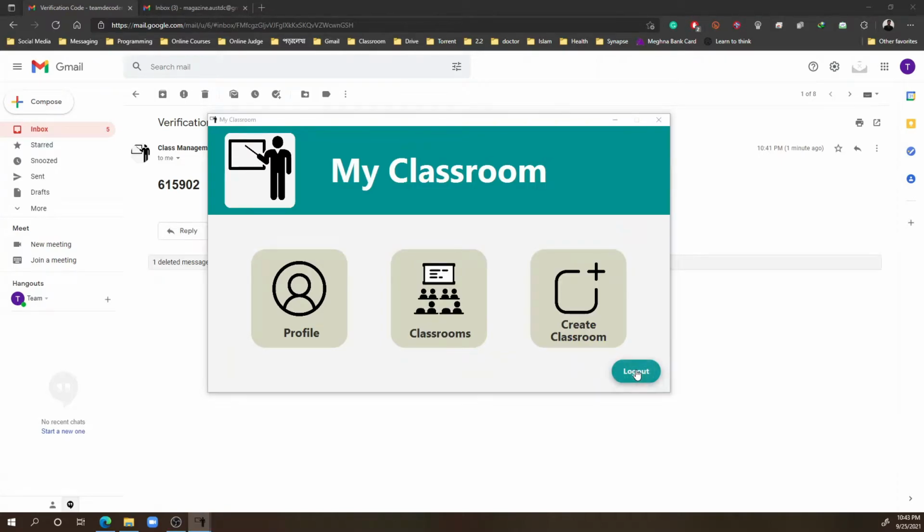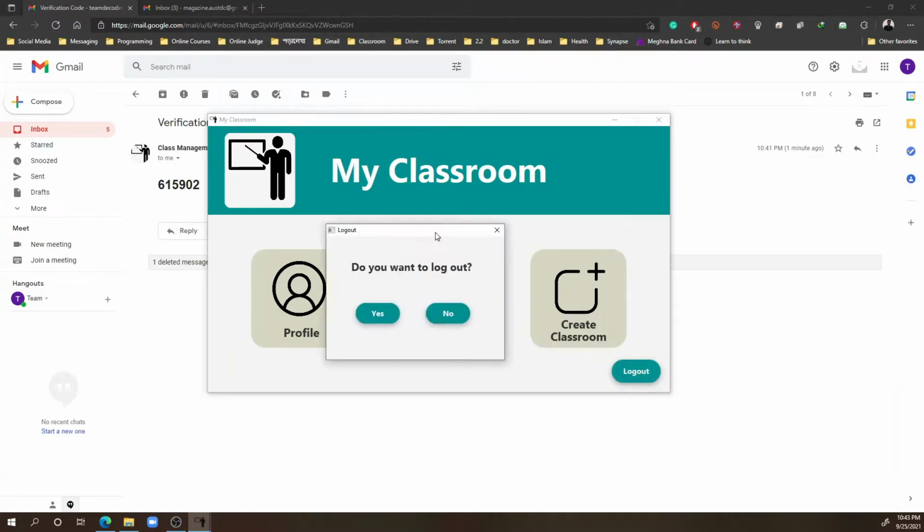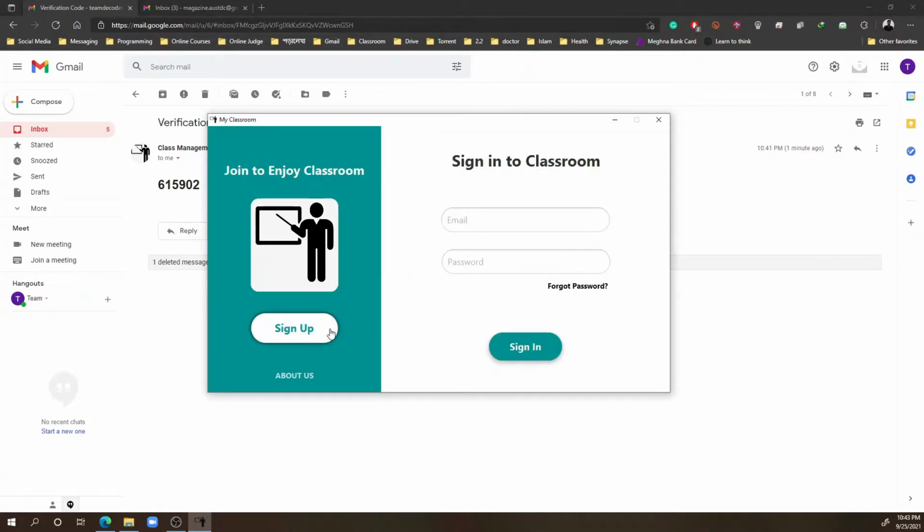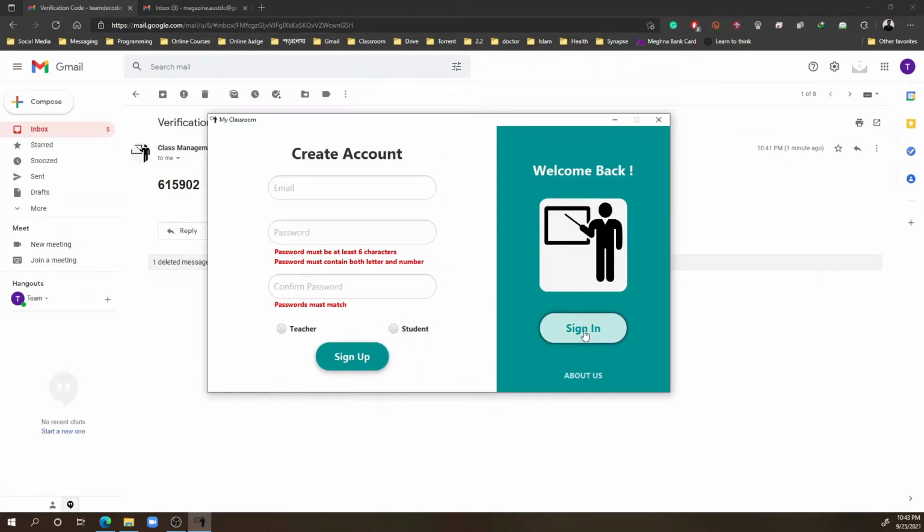Then log out from the teacher's account. We will log in as a student account to join the classroom. Okay, sign up as a student now. Then we can join the classrooms created by the teacher with the respective classroom code.